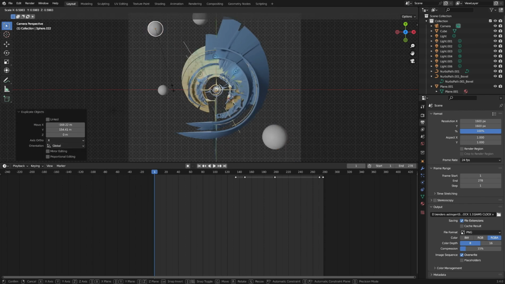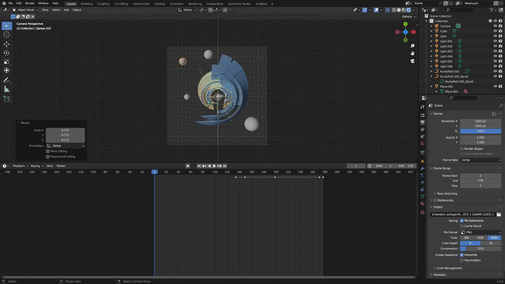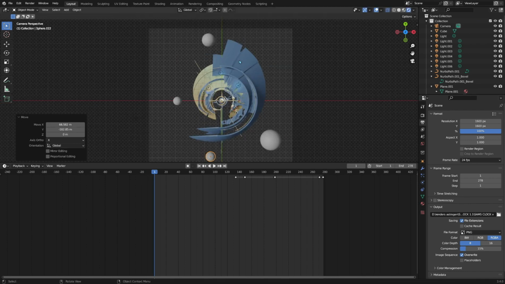So I'm going to want to put an odd number of rigid bodies in here,